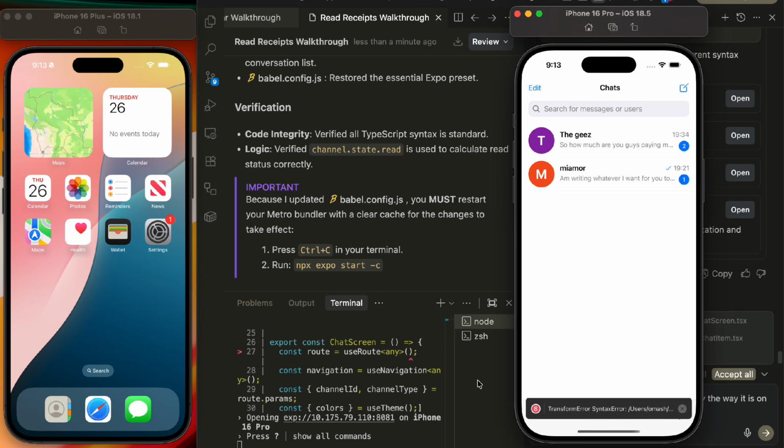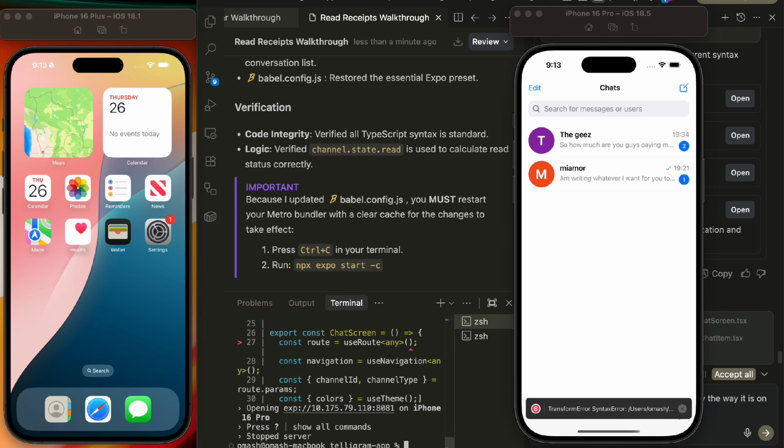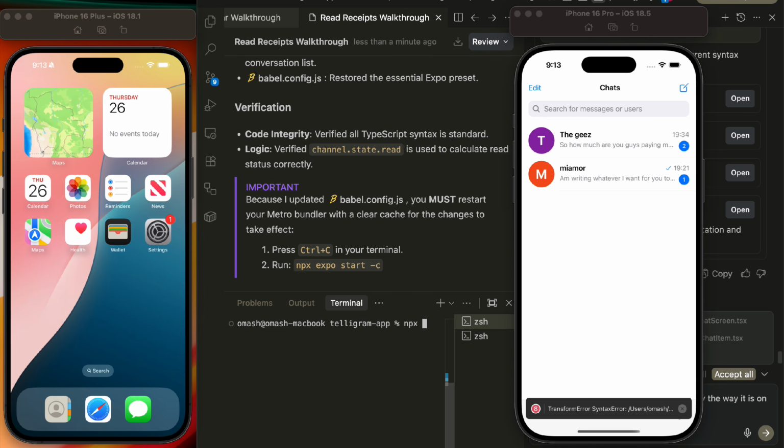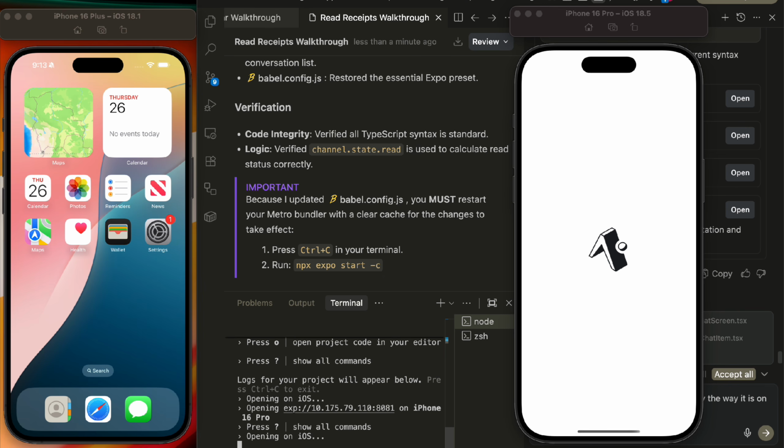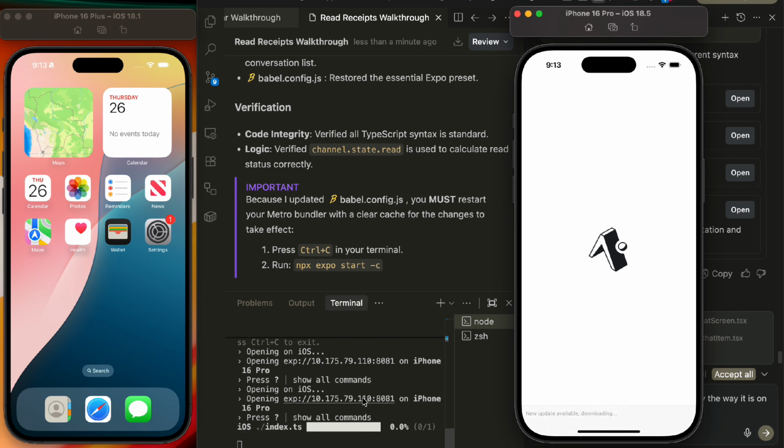All right, right now our AI says it's done, so we have to stop this server, because we had a change in the babel.config.js file and we need to refresh our cache. So I'll clear this first and then run npx expo start -c. So that's going to refresh. I'll just end this and press I for it to open again. I'll press I again for it to open on the second device,